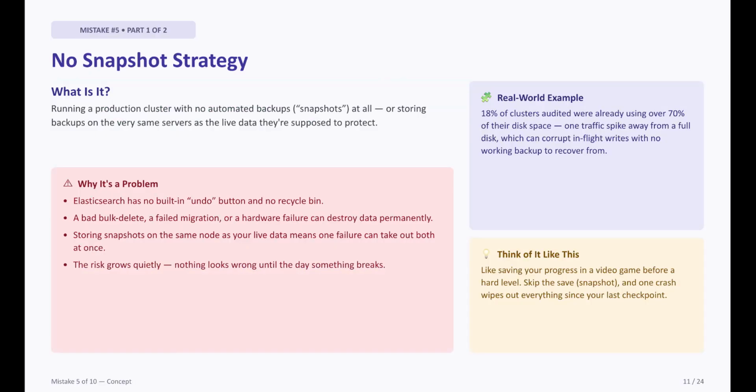Mistake number 5: no snapshot strategy. Running production with no automated backups at all, or storing backups on the very same servers as the live data. In the audit, 18% of the clusters were already using over 70% of disk space, one traffic spike away from a full disk that